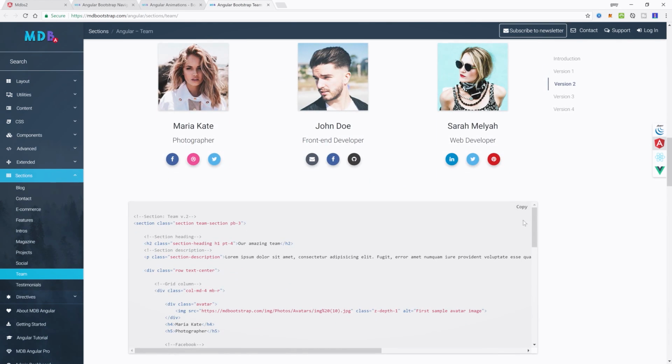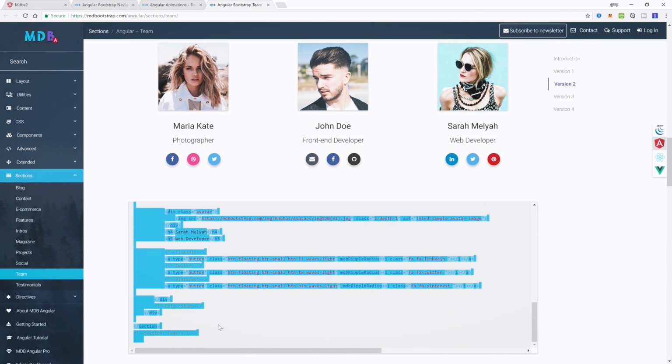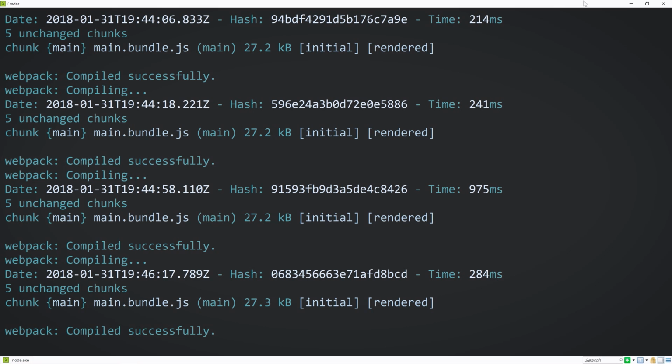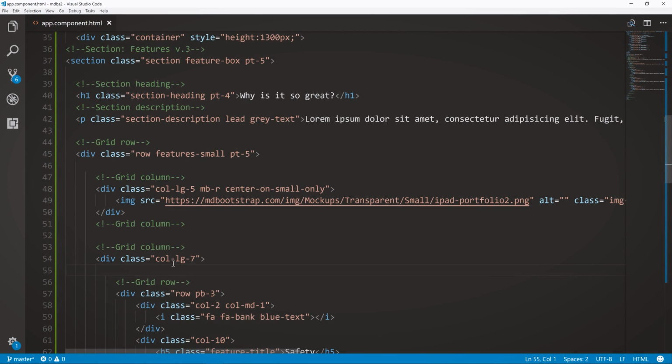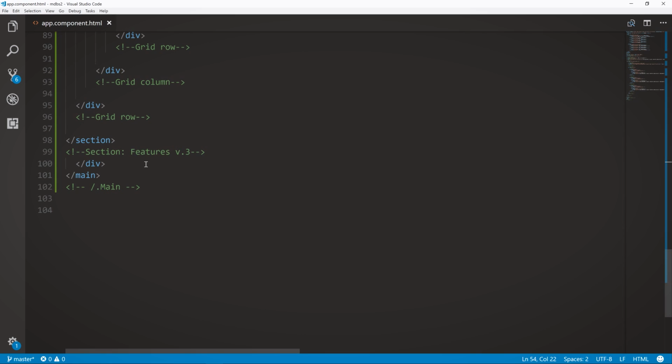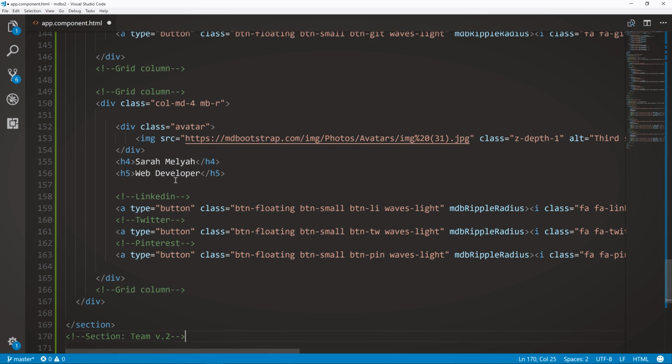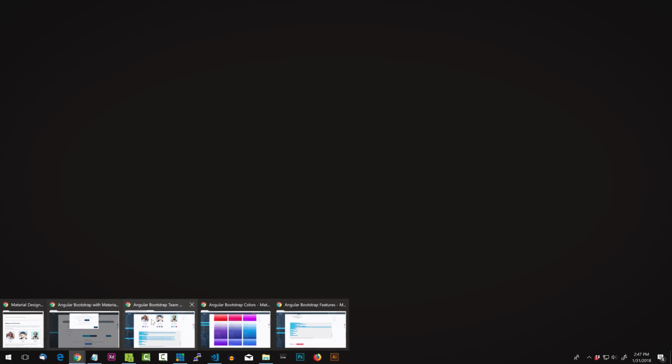All right, so by the way, when I click copy, it was not working for me. That's why I'm sitting here copying this manually. So let's just copy that. And again, get our code editor here. Okay, so just underneath that closing section, we're going to paste this one. So we'll save it, go back to a browser,